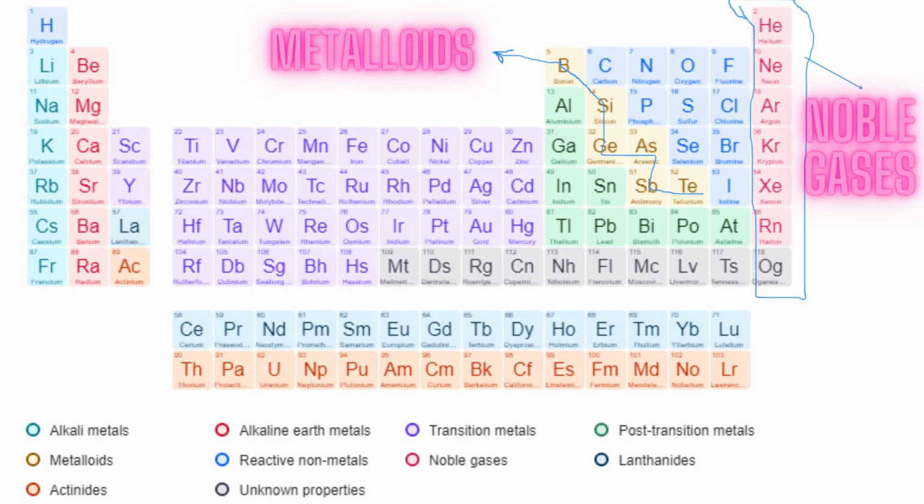The discovery and study of metalloids and noble gases have played an important role in the development of modern chemistry and materials science. The first metalloid to be identified was boron, which was isolated in 1808 by the French chemist Joseph-Louis Gay-Lussac and the British chemist Sir Humphry Davy. Silicon and germanium were discovered in the mid-19th century, and were later found to have semiconducting properties, leading to their